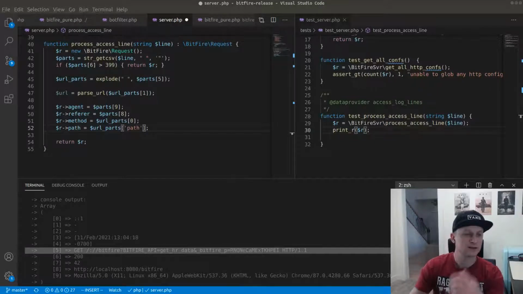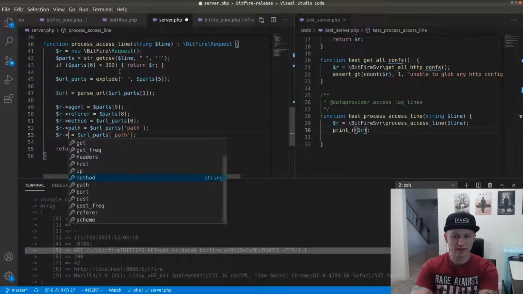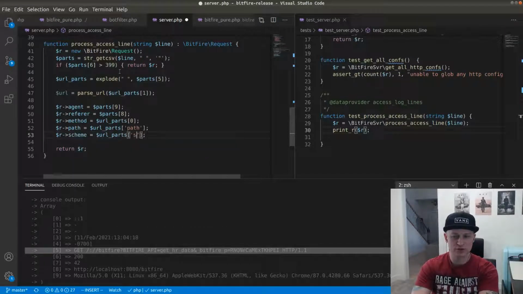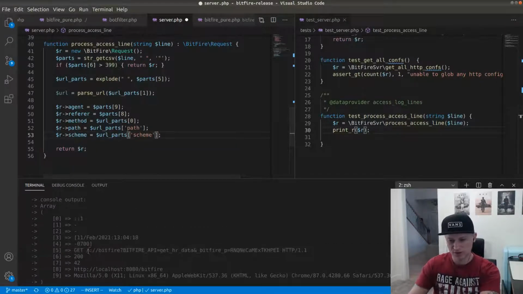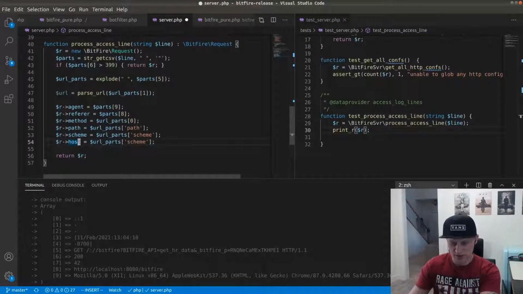You guys can't see it on the other system here, but I'm going to the PHP documentation to look at what all the parts are that it returns. So it returns a path. We have a scheme, which potentially could be returned in here. Do we have a port number? Nope, no port number. We have host, which is,